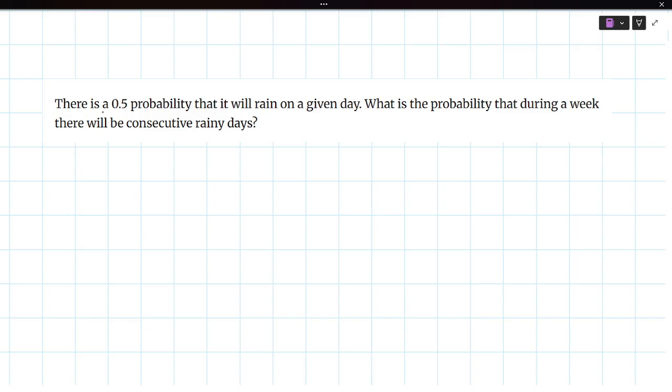So the question is as follows. There is a 0.5 probability that it will rain on a given day. What is the probability that during a week there will be consecutive rainy days? Now,